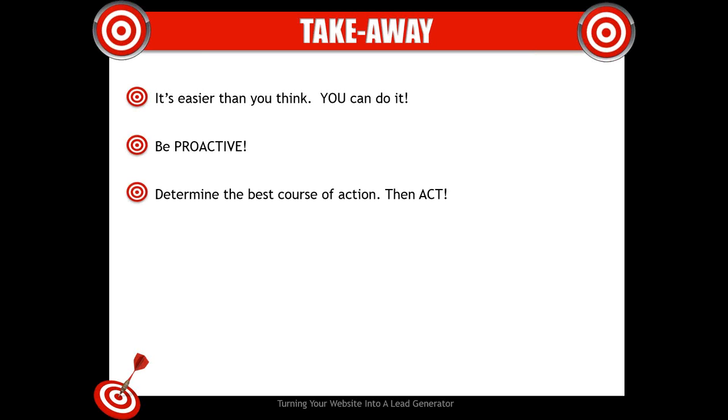And determine the best course of action, whether that is, if you're not surveying, maybe you want to use a paper survey, maybe you want to use an electronic version, maybe you want to use both, but do something and act on it. Don't wait till next year and say, I've got to fit it into my budget. Figure out a way to fit it into your budget. Because if you think about how much it costs to have an empty apartment, if you think about what it costs to replace an employee,